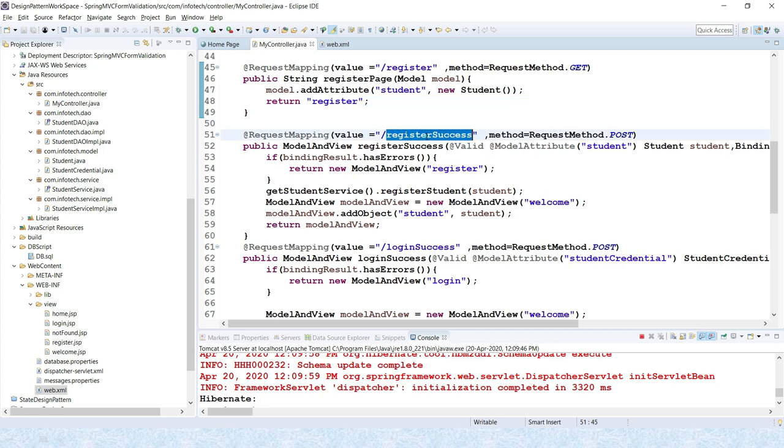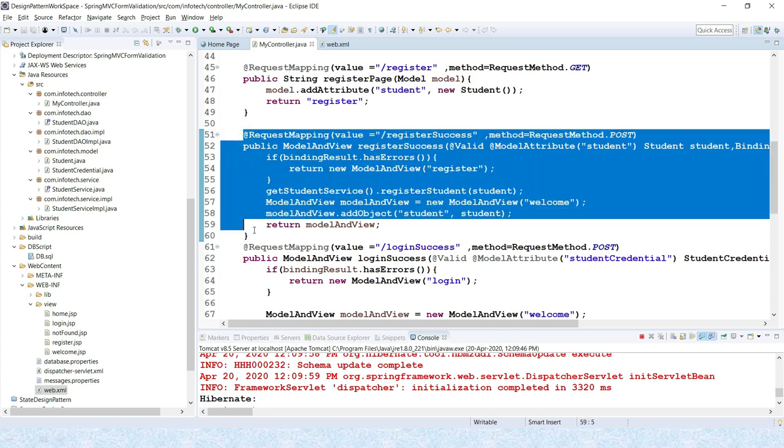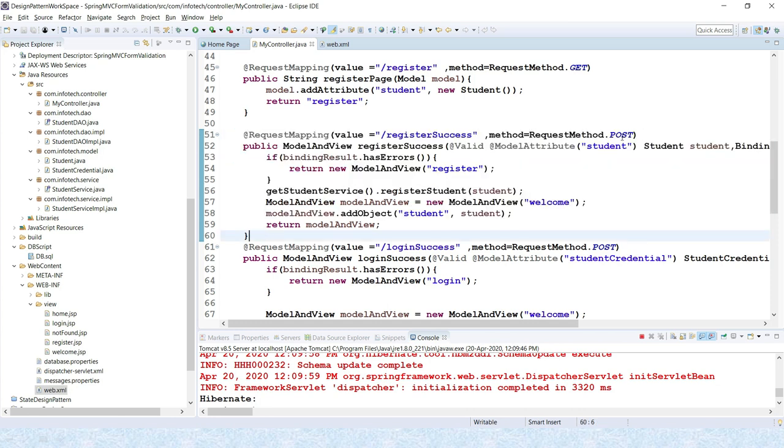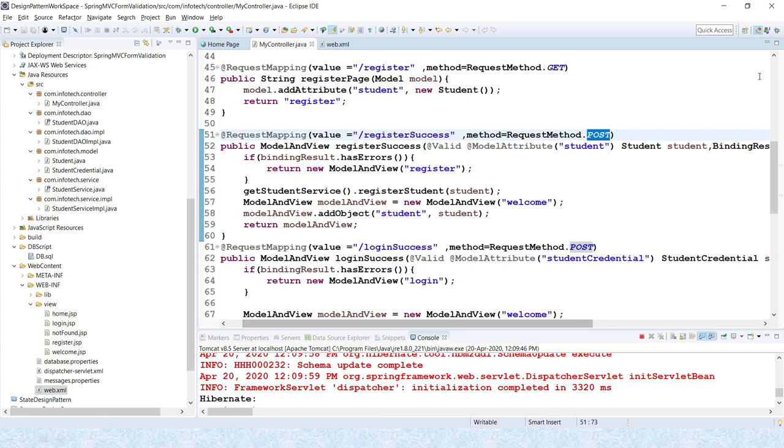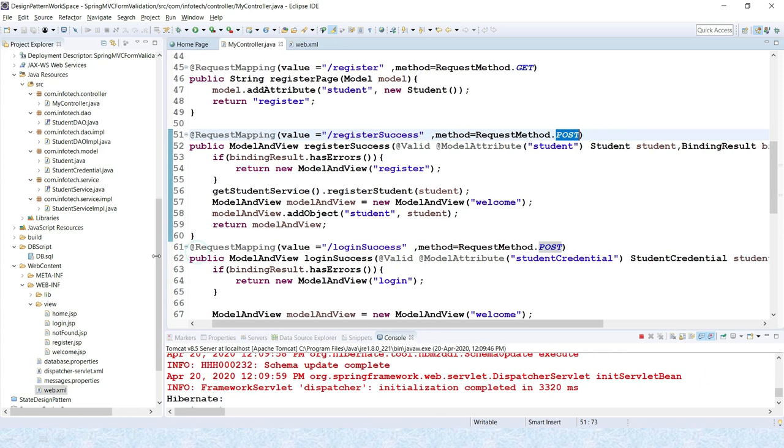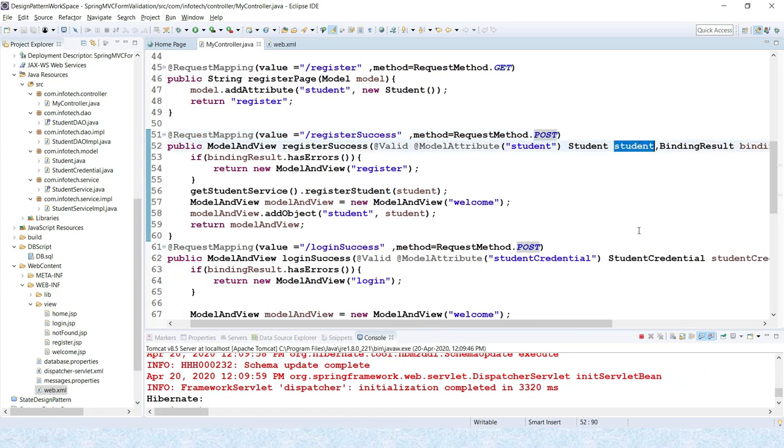Now if the user gets registered successfully after entering all the data, then this method gets invoked. You can see the URL pattern is register success, and the method is post. All the data entered by the user in the register.jsp page gets populated in this student object, and we take help of model attribute.